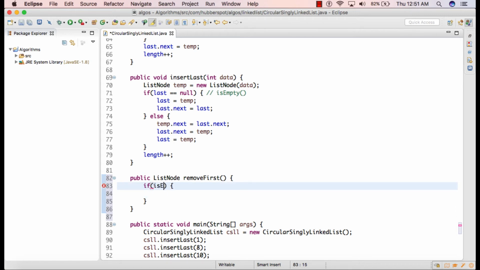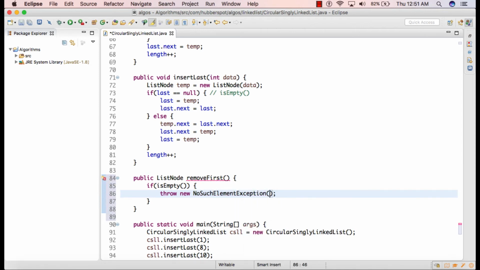So isEmpty. If the circular singly linked list is empty, we will throw a NoSuchElementException. And here we provide a string: circular singly linked list is already empty.